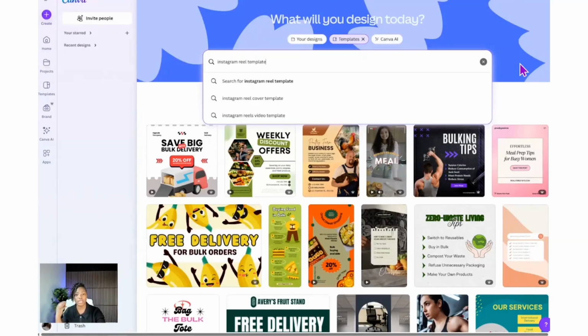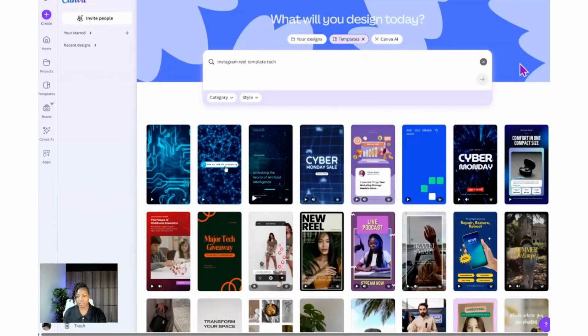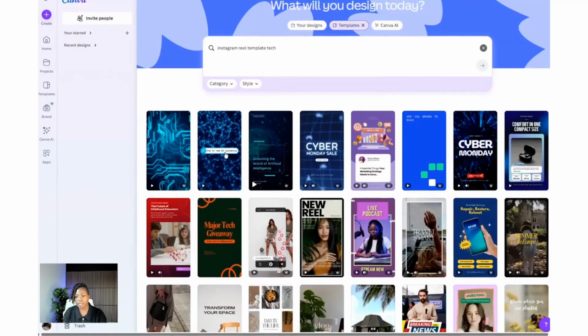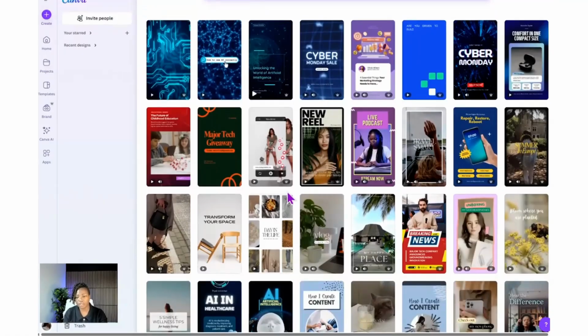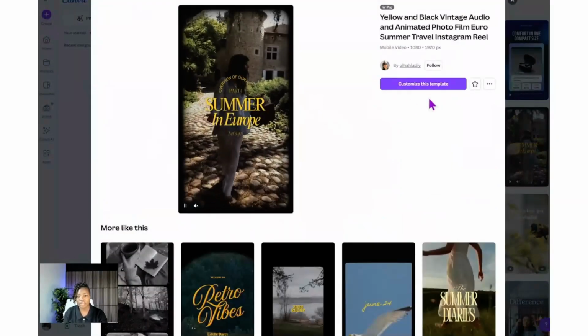So like if you are in a health niche, you can say health. If you're in the tech niche, you can say tech. If you're in the wellness niche, you can say wellness. And then you can see different templates that will come up. And then you can use their templates, or you can add your own picture to the templates, which I'll show you in a minute. All right, so I'm just going to grab this simple template here,